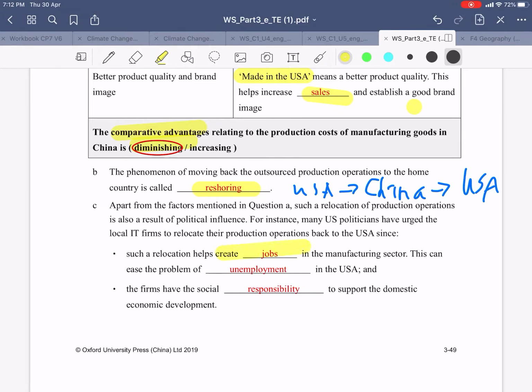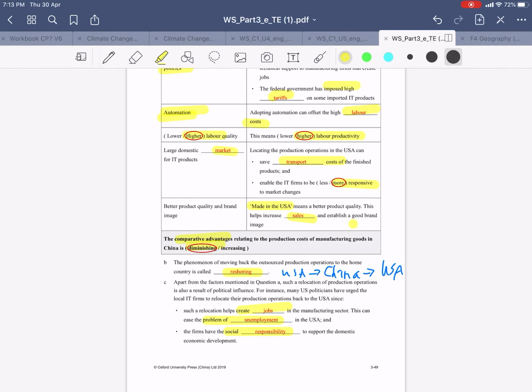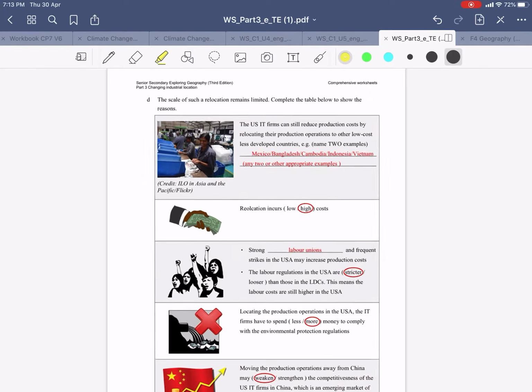It may be good because it can create jobs in the local sector and also reduce the problem of unemployment. As I've said before, if there is unemployment, there will be a lot of social problems, and then reshoring can be a good sign of paying social responsibility to domestic economic development. Okay,